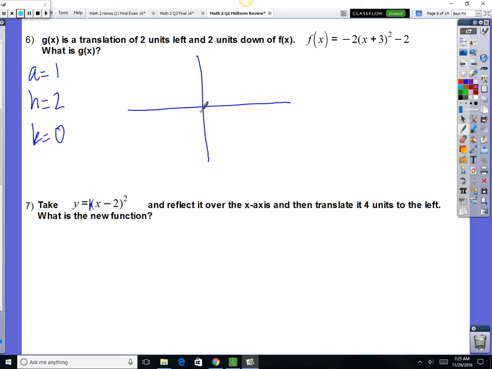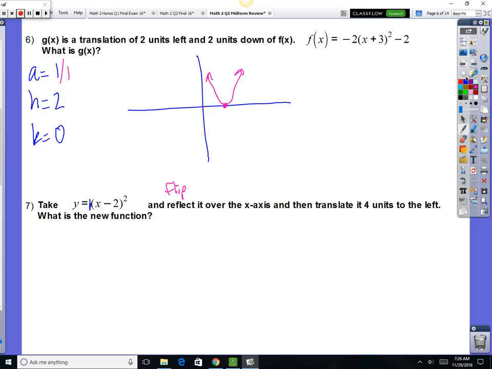So that means start here at 0, 0. Go over 2, and do not go up or down. And your slope is just 1 over 1, so it looks something like that. Okay, that's what's given. They want you to reflect, as in flip it over the x-axis, and then go 4